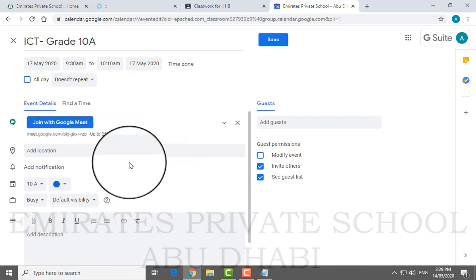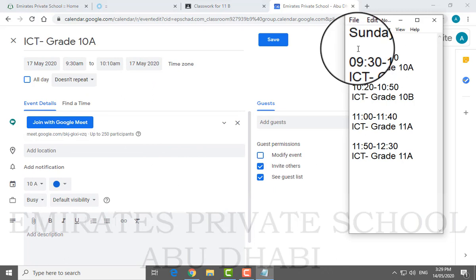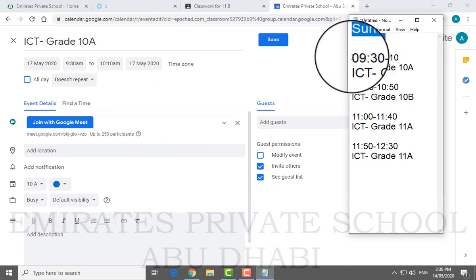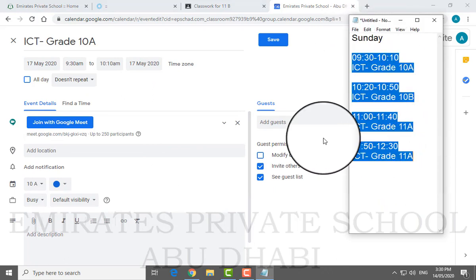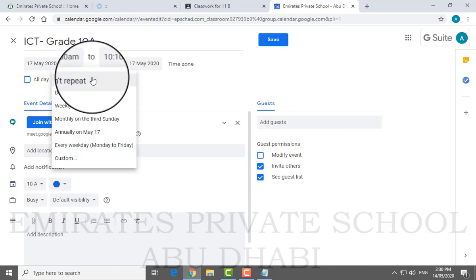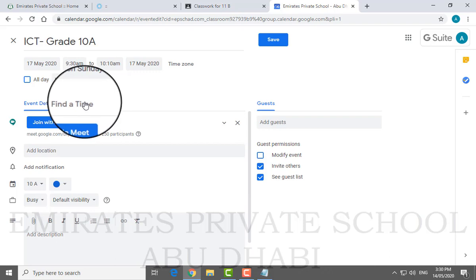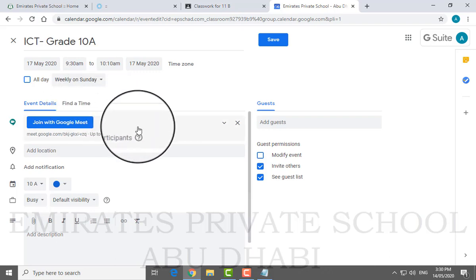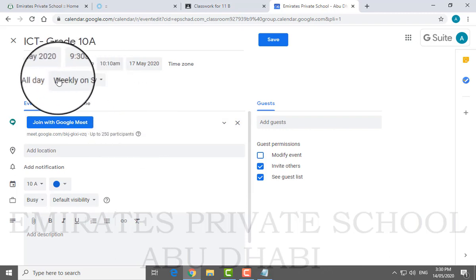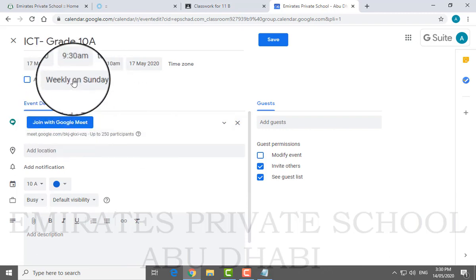Now coming back, as I said, this is my Sunday schedule and it will be repeated every Sunday. So you can go and select over here, weekly on Sunday. This timetable you don't have to create every week. Once it is done, it is done. Every week at this particular time this class is there.